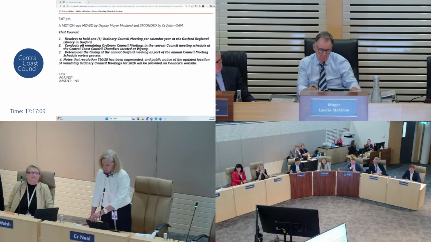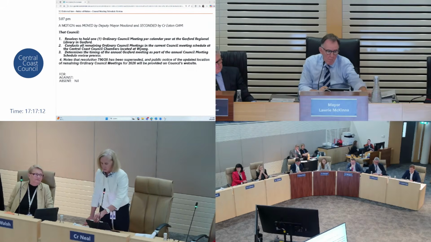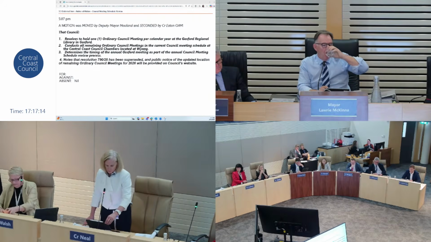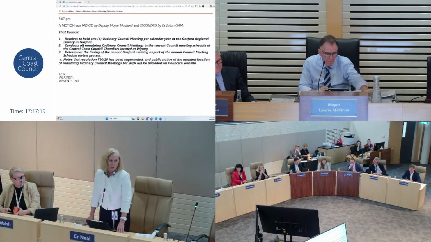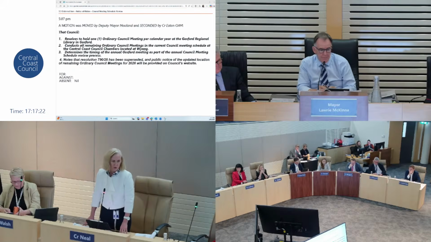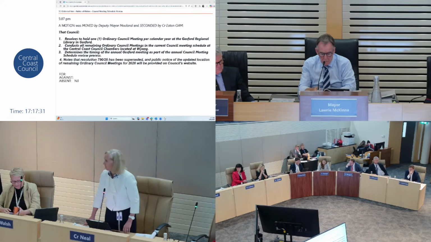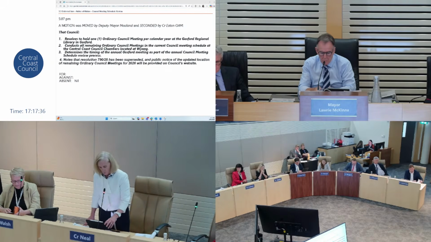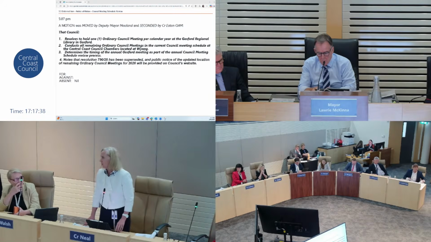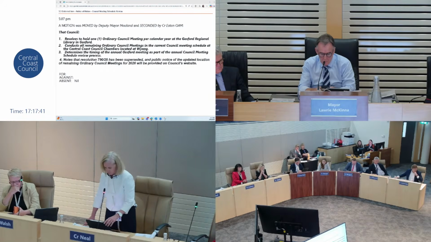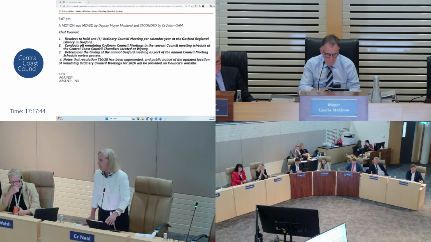I note that those figures are provided by the councillor, not by the staff, and that in the comments from the staff there's no indication that confirms that. And there's also a fairly major omission. Clearly the use of this venue here has its own costs. The fact that we keep this much larger building going, and the staff that are involved here providing for all the facilities that we require for this council meeting, would in itself have a cost. I would suggest that probably that cost is well in advance of the $17,000 suggested by the councillor who's proposing this motion.